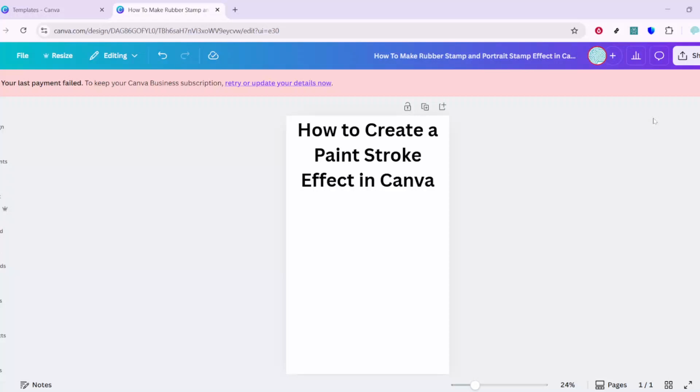In today's video, I'm going to teach you how to create a paint stroke effect in Canva. This is a quick, creative way to add emphasis, texture, and personality to your designs, whether you're working on a social post, a presentation slide, or a thumbnail. I'll guide you through each step and share a few helpful tips as we go so you get a clean,